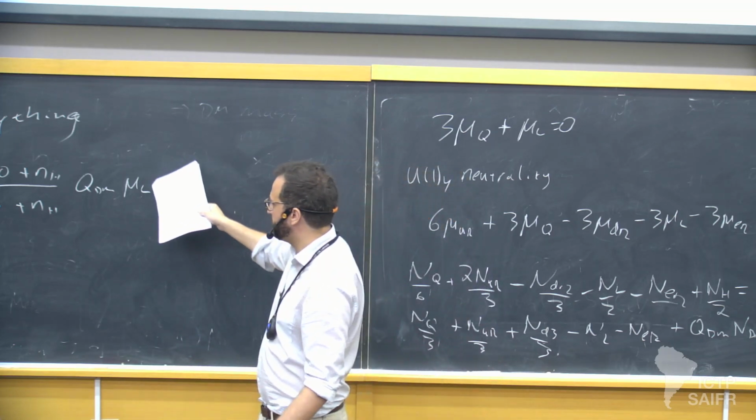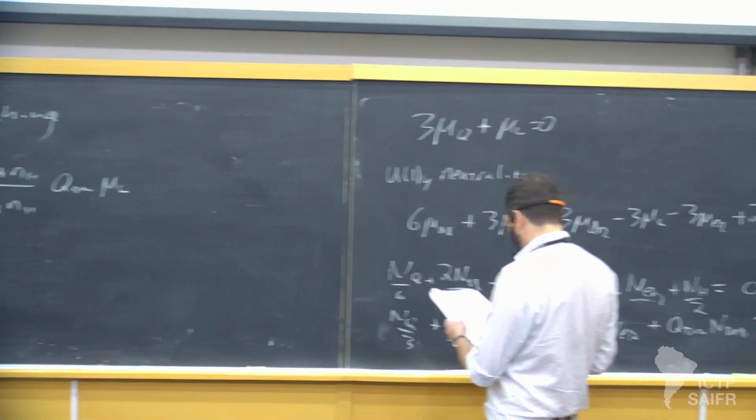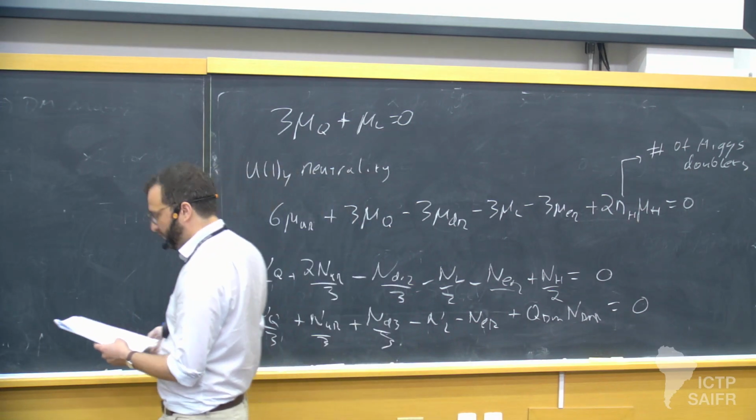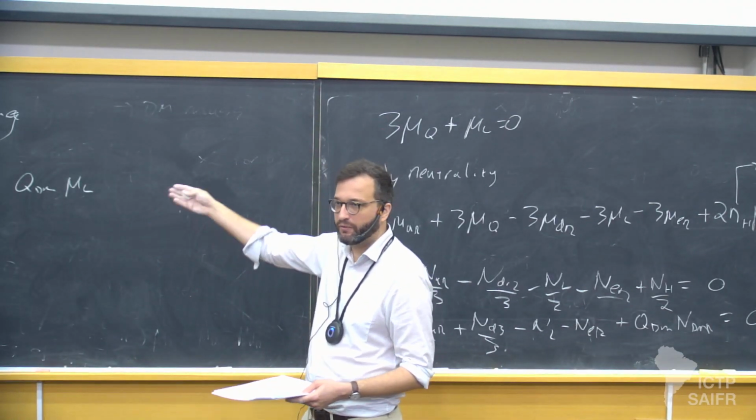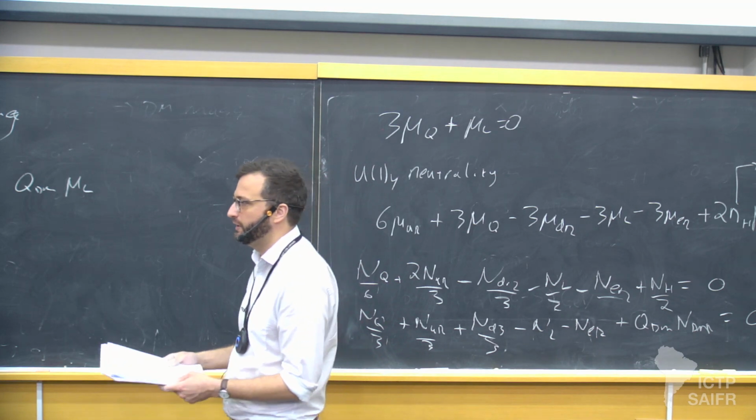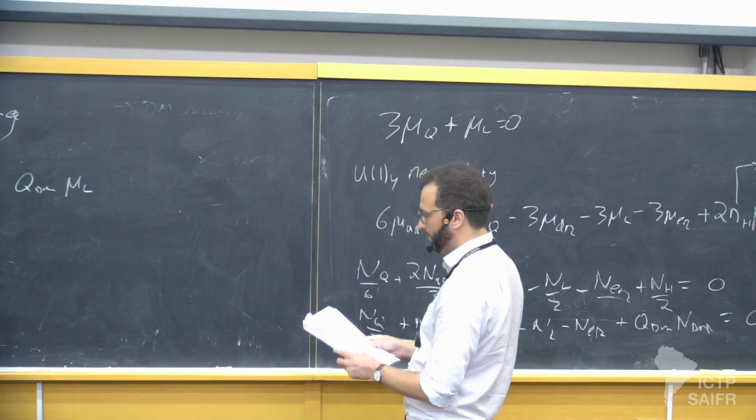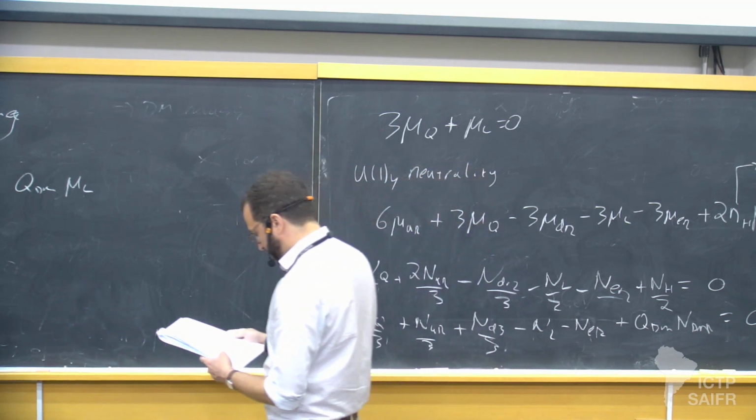And mu L is the chemical potential of the lepton doublet, which can be related to the B minus L asymmetry. So it's very neat, yeah? And what this tells you...